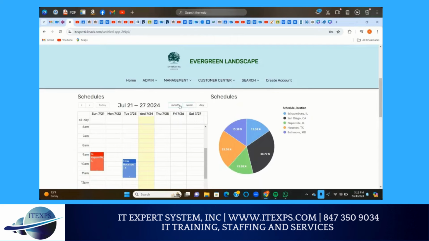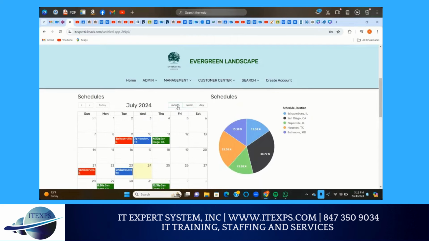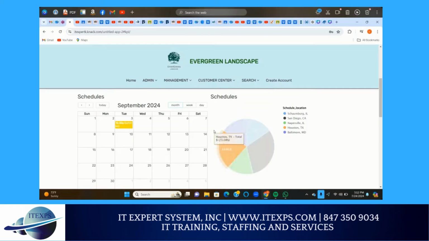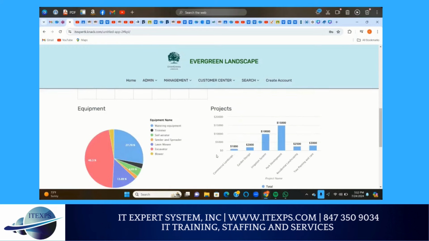We can drill down to the month view, and we can see we have schedules in June, May, August, September. And this pie chart shows schedule location and the number of customers in percentages in the various states that we operate in: Schaumburg, San Diego, Naperville, Houston, and Baltimore.